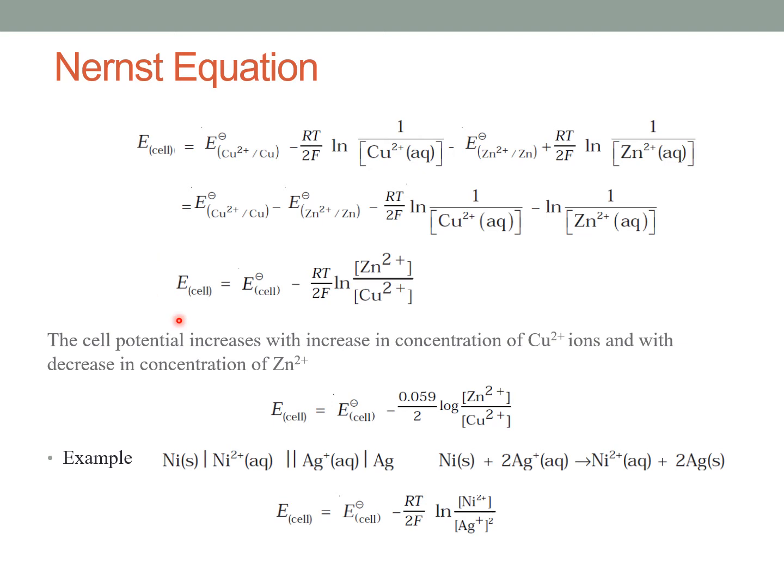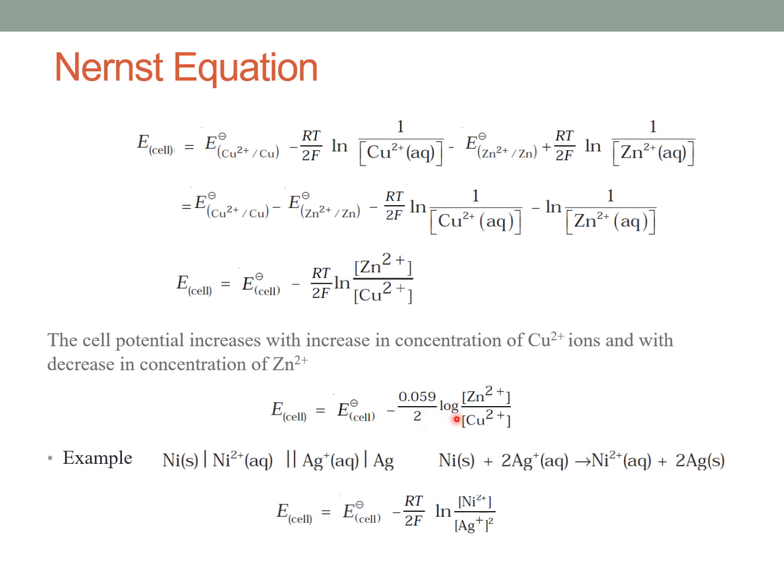You can find the cell potential at any given concentration using this Nernst equation. E cell is equivalent to E standard reduction potential of the cell minus RT by 2F Ln zinc 2 plus by copper 2 plus. Generally, R is the gas constant 8.314, T is 298 Kelvin if you consider standard temperature, and F is 96487 coulombs. If you substitute R, T and F, with T at 298 and the remaining constant values, you can simplify this equation into E cell equal to E standard cell minus